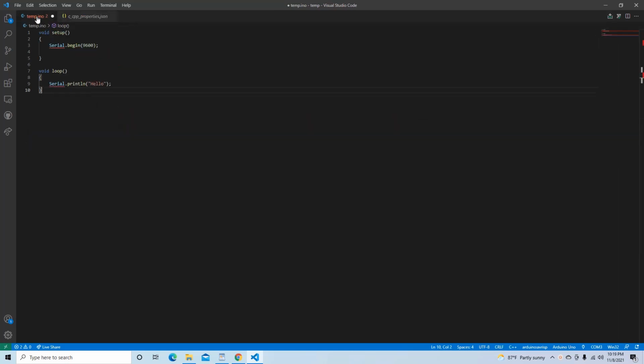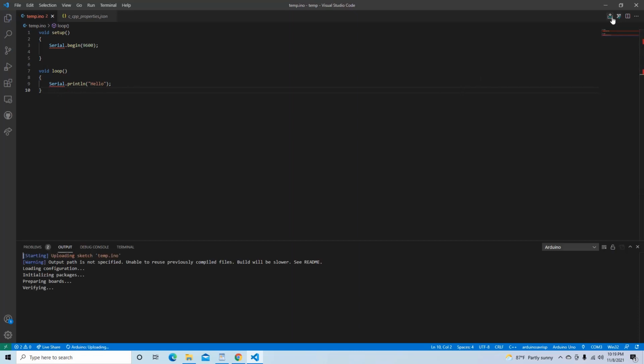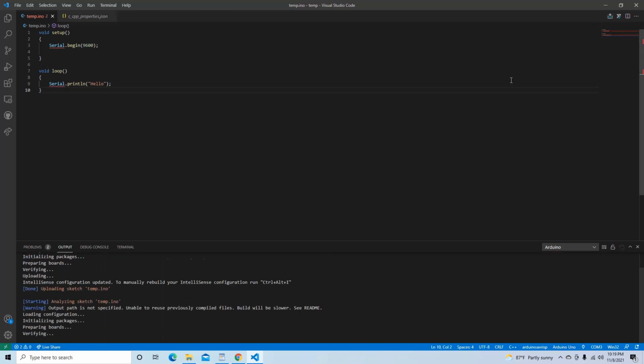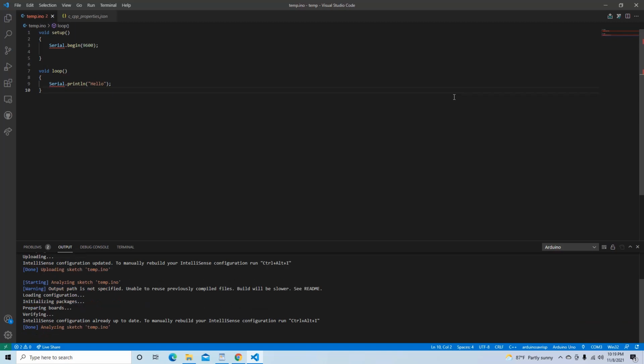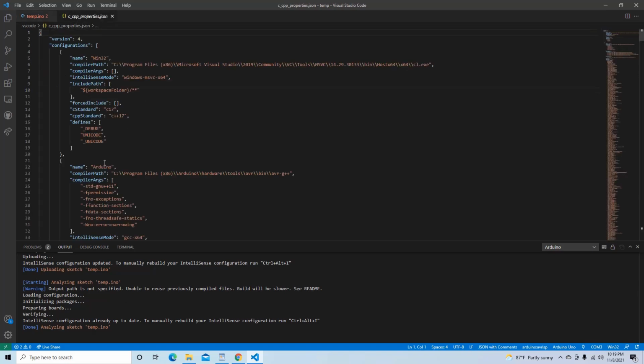Go back to your INO file, and now what I want you to do is temporarily ignore the red squiggly lines you see, and just go ahead and upload. Okay, so now that your upload is finished and you see here a message about Intellisense configuration up to date and so on, go back here and you'll see in the JSON configuration that it's added another configuration